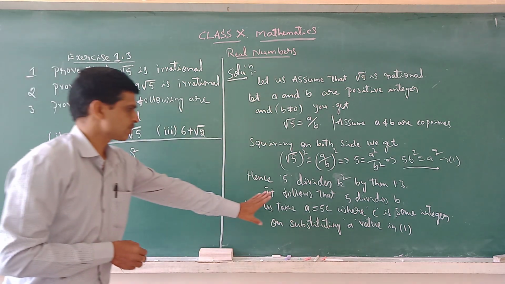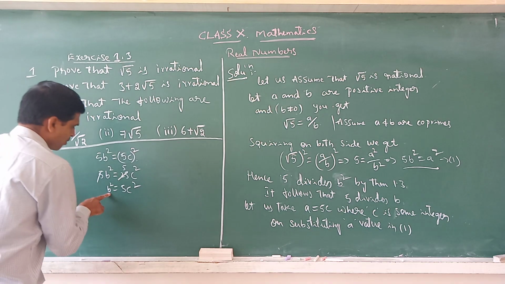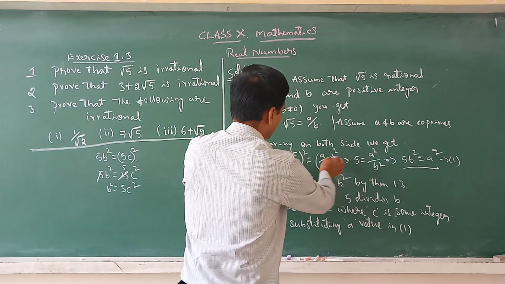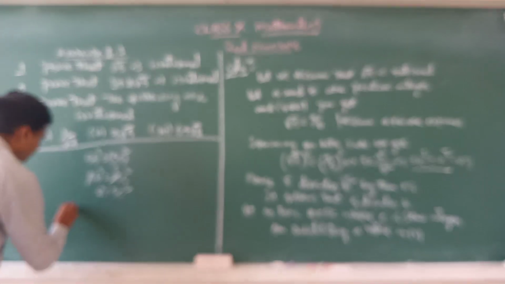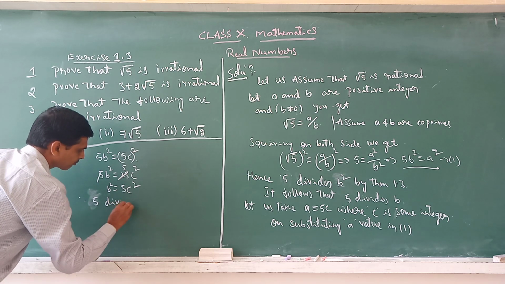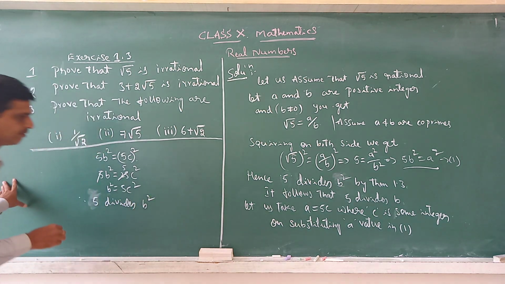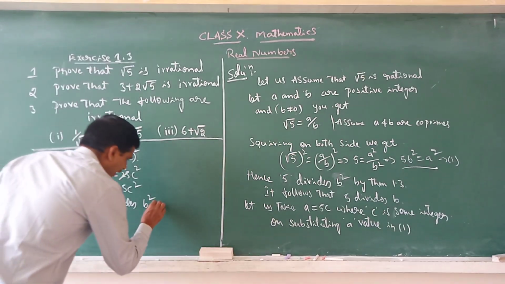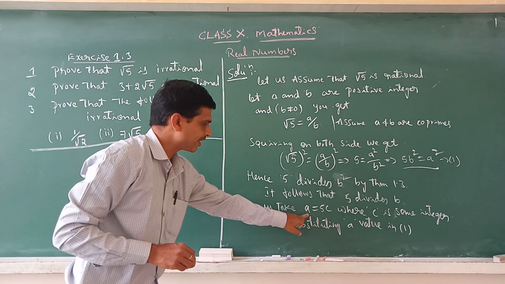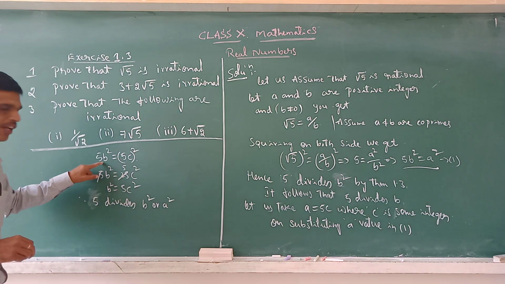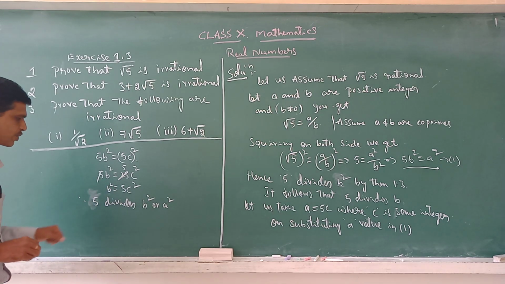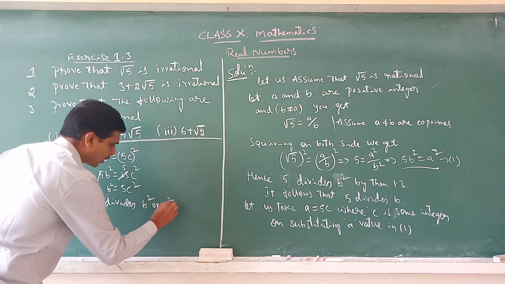It also shows us that instead of b you can take a also. Here I can take b, since b is one of the factors of that one. Therefore 5 divides b square, the same for a square also, because I took the b value instead of the a value. If I take the b value, what happens? Now this value is 5c and this value remains the same, that is 5a square. Now it becomes a square also. In the same way, 5 divides b square or a square.